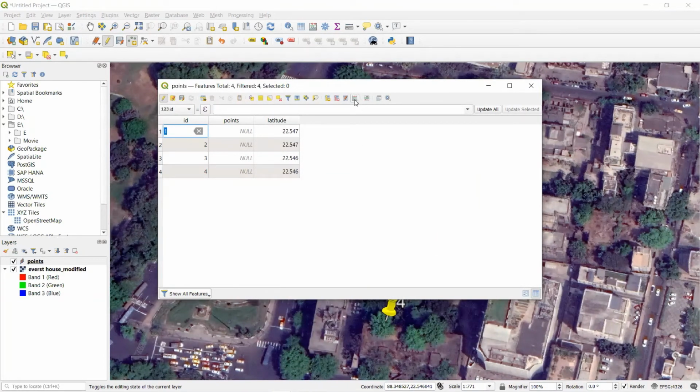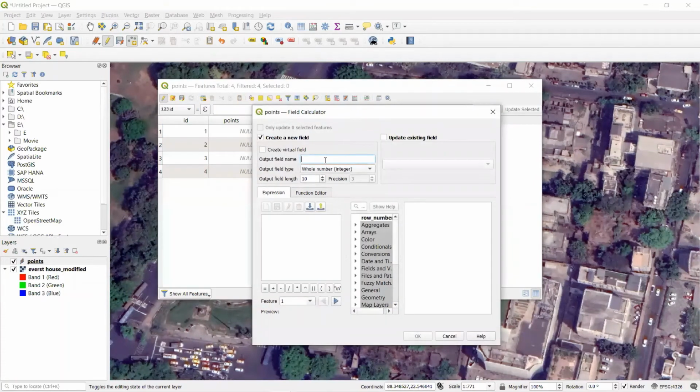Again, click the open field calculator. Enter the output field name, longitude. In the output field type, change it to decimal number. Click this drop down menu and select decimal number.